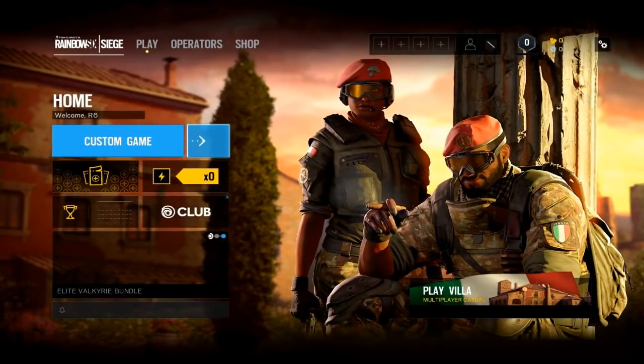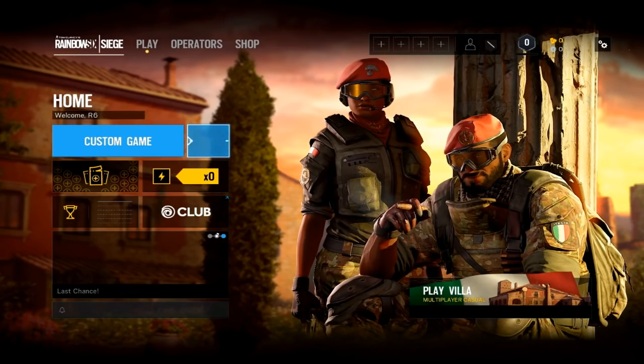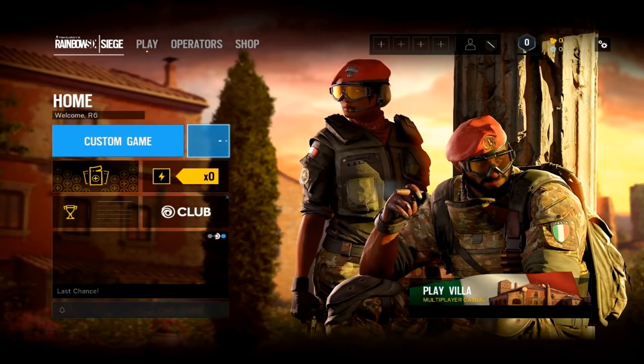Also coming in Operation Parabellum, we have the Discovery playlist. The Discovery playlist is a special customized playlist that allows you to play Villa and only Villa in casual. For 4 weeks at the start of the season, you will be able to play Villa and only Villa, so you don't have to play